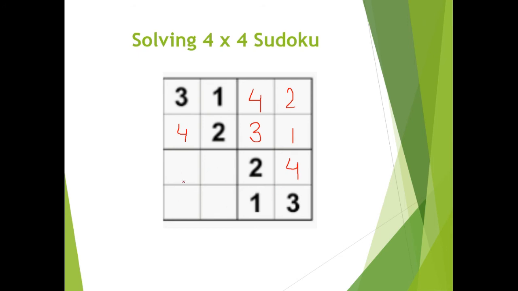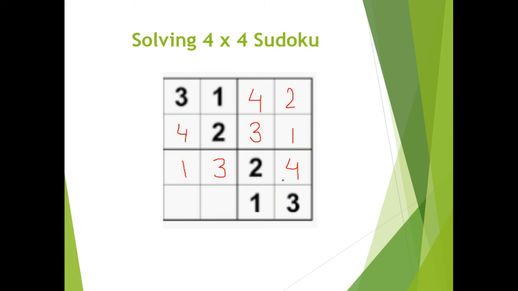Now we have to complete this 4th box. Let us start with the column, or you can also start with the row. Okay, here you can see in this row we already have 2 and 4. So the missing numbers are 1 and 3. Can we put 1 over there in this box? No, because 1 is already present in this column. So we can write 3 over there and then we can write 1 over here.